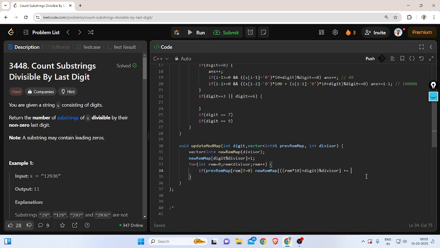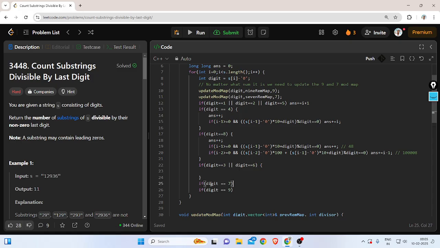So this is going to be accumulated here, and this way I'm going to update my previous rem map with the new rem map